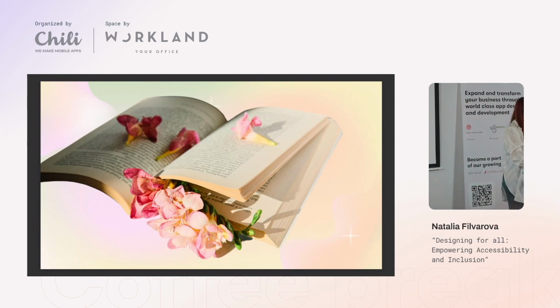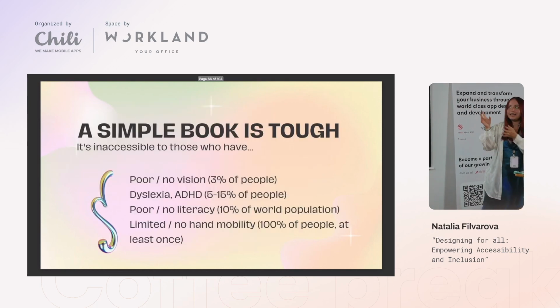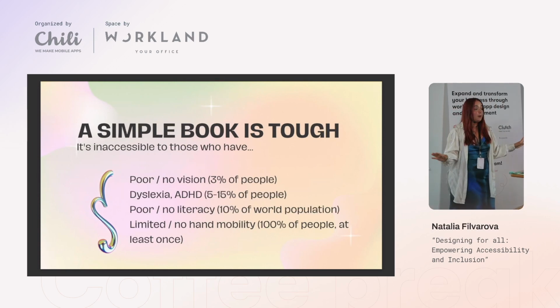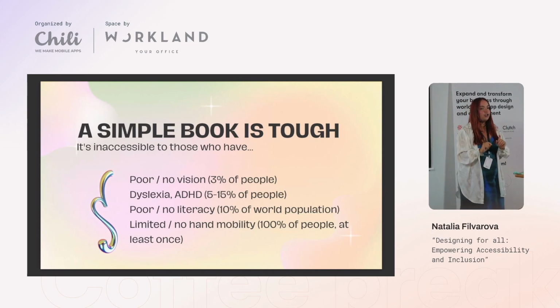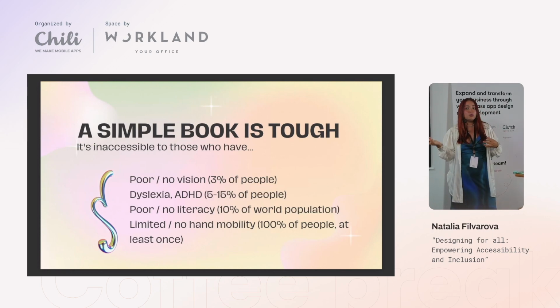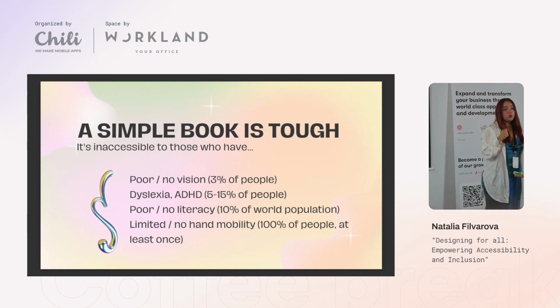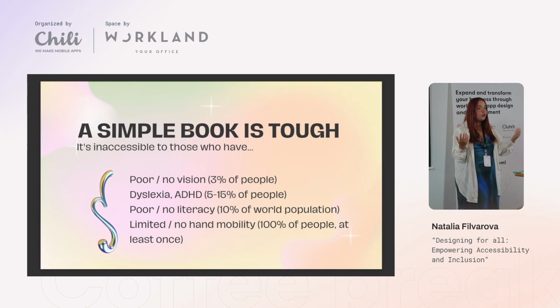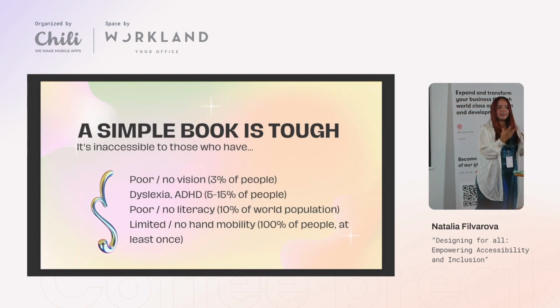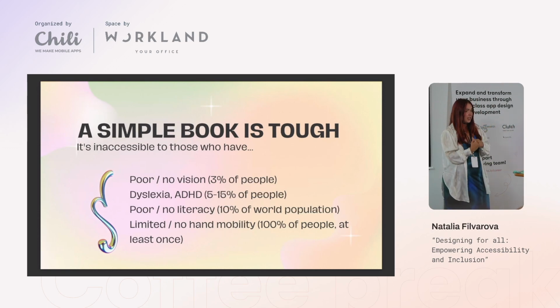Fantastic. Those are all great examples of how something like a simple book that everybody has in the house by the dozens is not actually accessible to a lot of people. Like you said, somebody who cannot see, i.e. 3% of people in the world, and I'm not talking about visual impairments like you need glasses, but something that cannot be fixed through a pair of glasses, 3% of those people will never be able to read a book. People who maybe have cognitive or psychological impairments like dyslexia or ADHD, who cannot focus on a book, that's up to 15% of your population, so not really a minority if you think about it. Somebody who cannot read because they've never learned how to read, that is up to 10% of the world population,